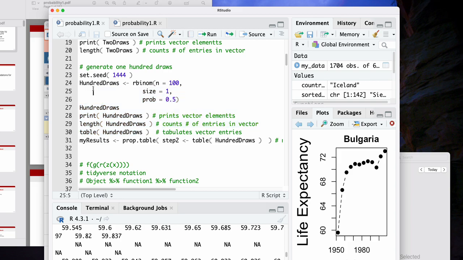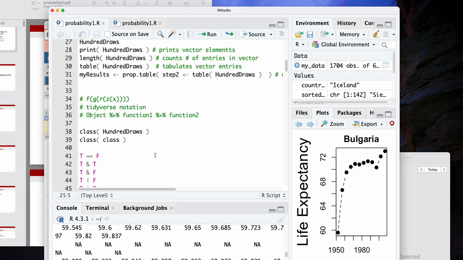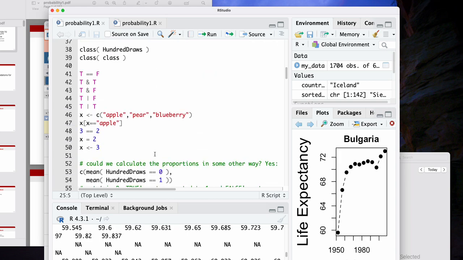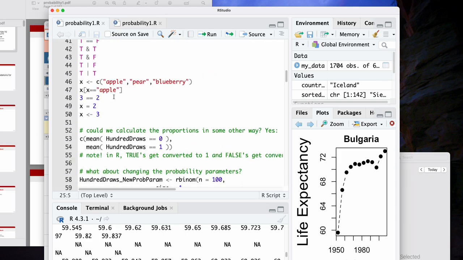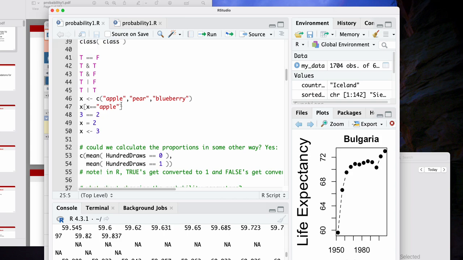Looking here, set seed, we did a lot with the binomial distribution last time, or the Bernoulli distribution. We did a little bit with these logical operations. Do these make sense to anyone? Are there any questions about these sort of operations, which we introduced last time? And Andres, I'm sure we'll talk more about other ways of doing the same things that we did here.